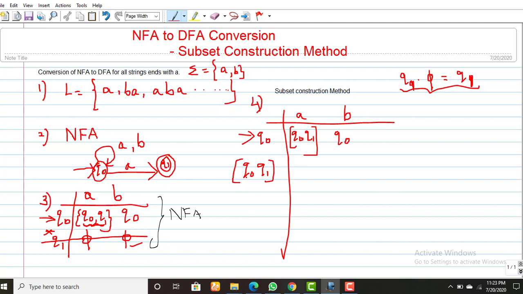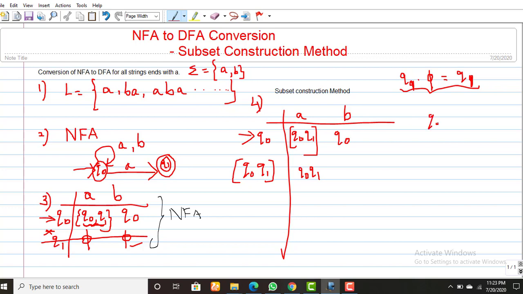Next, transitions. Check out the transitions. On receiving A, Q naught moves to Q naught, Q1, right? On receiving B, from Q1, taken out the Q1 on receiving A, there is no transition for A, that is φ.